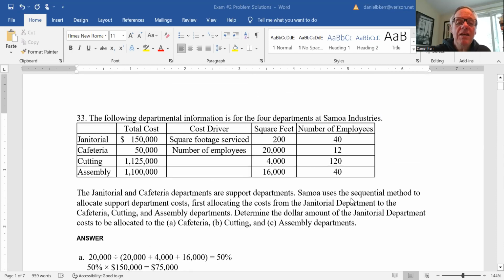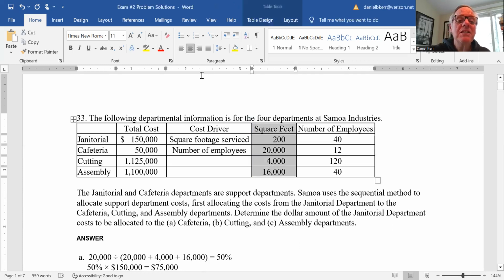So you're allocating under the sequential method, and you're allocating support costs. The question is to determine the amount of the janitorial department to be allocated to cafeteria, cutting, and assembly. We know from our previous discussions that janitorial costs are best allocated on the basis of square footage. So if you want to allocate the square footage, the total amount of the cost that you have to allocate